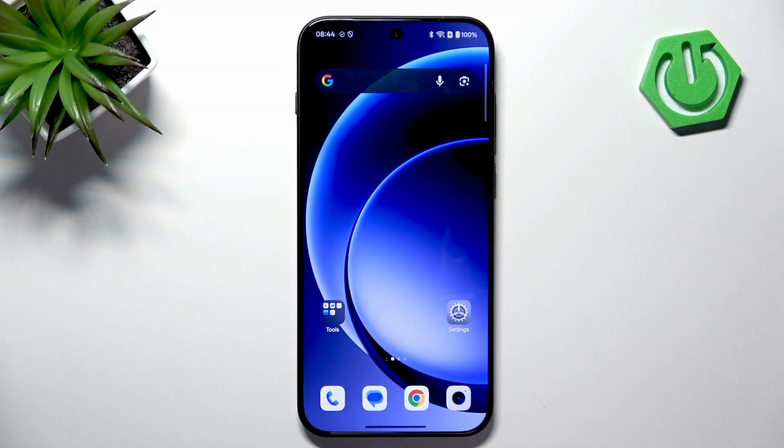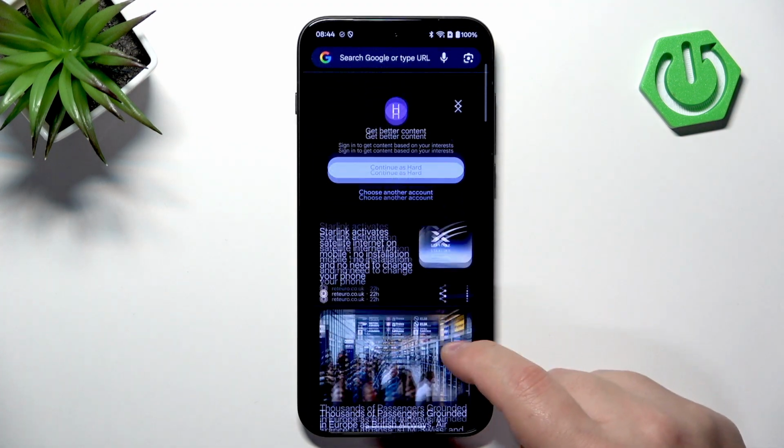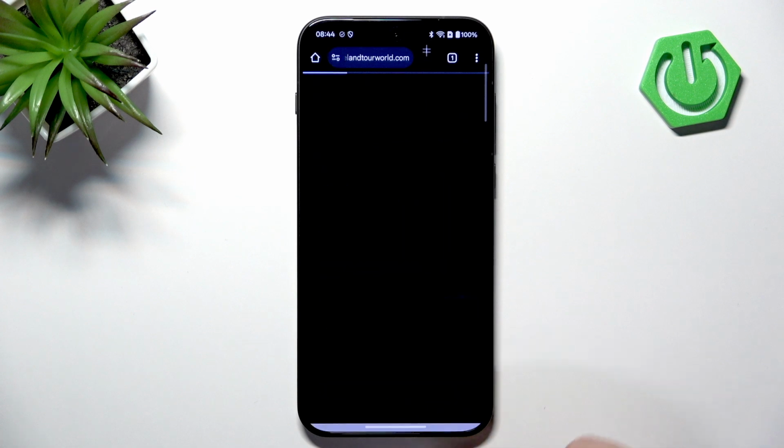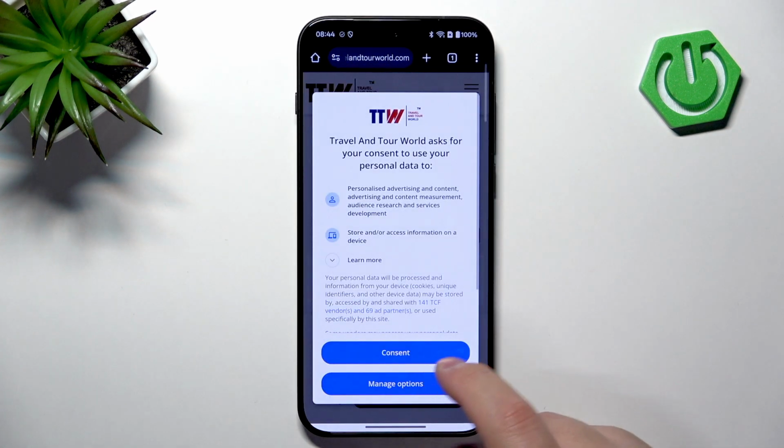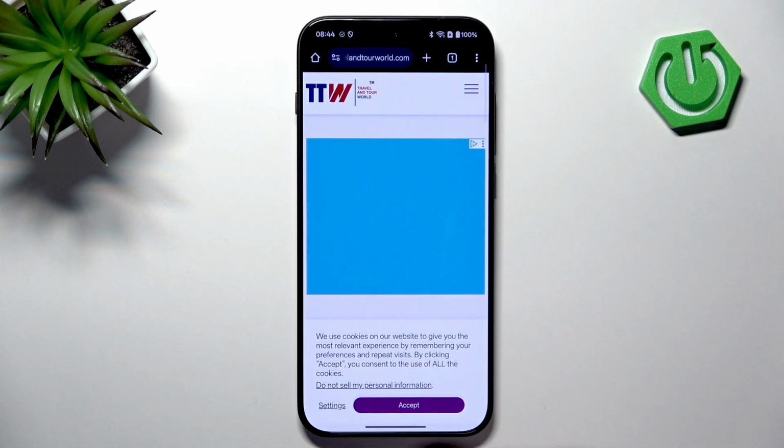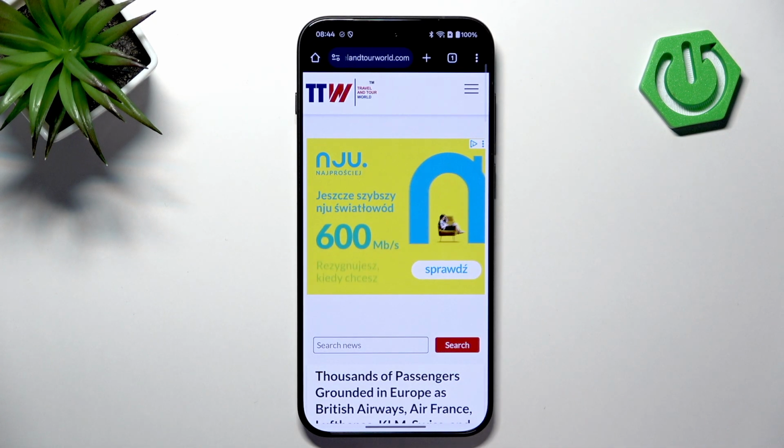So first let's go to the page we want to capture. For example, let's open the browser and open some web page. And now let's say you want to take a screenshot only of the part of the page. You can do it by